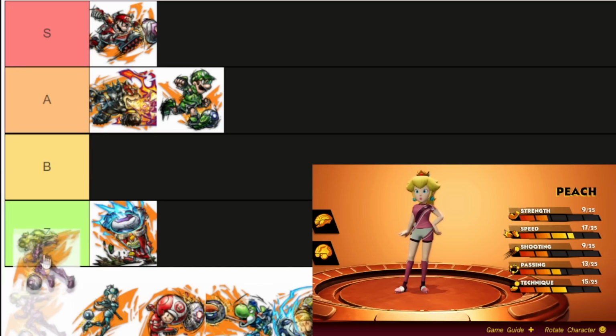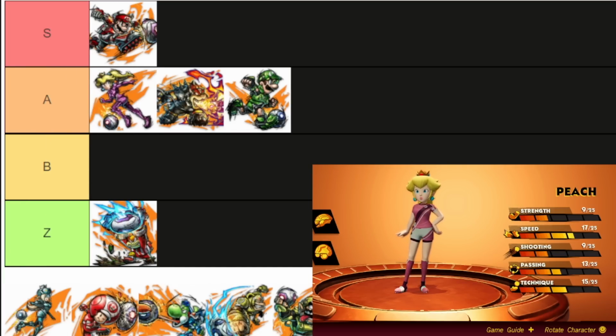Princess Peach is going to also be in the A tier above Bowser even. Since Peach has such incredible speed and technique, she is a very versatile player. She can be maxed out on technique and take a lot of shots, or she can be maxed out on speed and just be a menace on defense. In my gear build video, I even gave Peach some strength to make her more of a defensive monster, and it worked. She's a very, very good defensive player who is able to get to 20 speed and 16 strength,